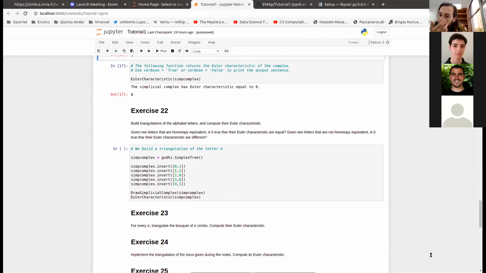Tiago asks, can you give an idea on how Gudhi calculates the number of connected components? The way Gudhi calculates the number of connected components is actually the way it computes the homology. The homology being an invariant, the best invariant that I know, that we will define next week. But basically,